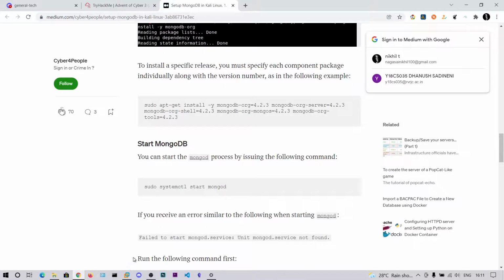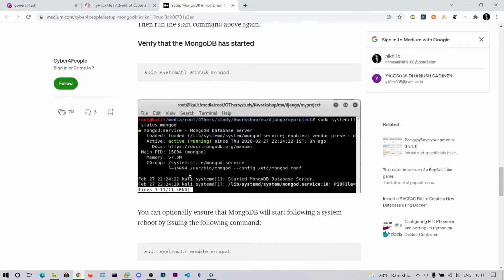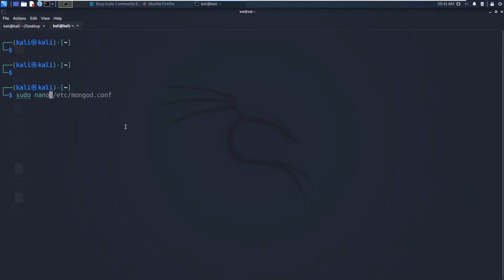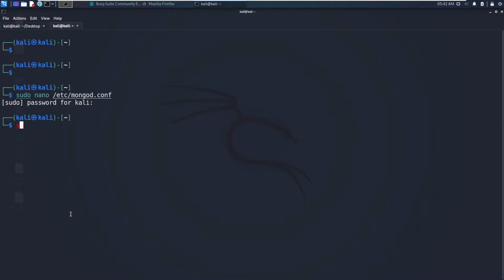So after that you need to do one thing. First you can normally start these services, or you can enable on restart using systemctl enable mongodb. After that you need to edit this /etc/mongodb.conf configuration file. By default the port will be 27017, so leave that as is, but the bind IP will be 127.0.0.1, so you cannot connect to that remotely. You need to change this to 0.0.0.0 so that the service will be running on all interfaces. So save this one.